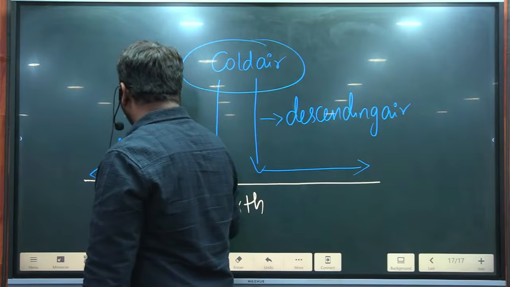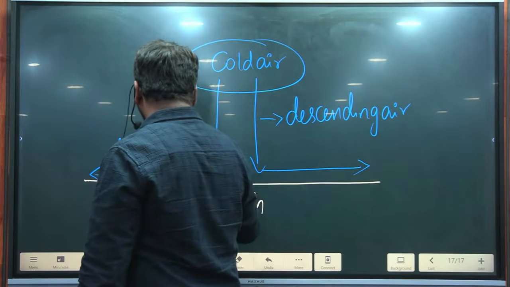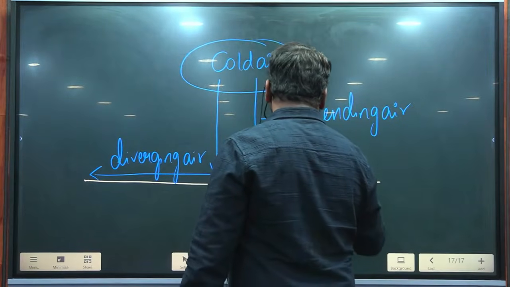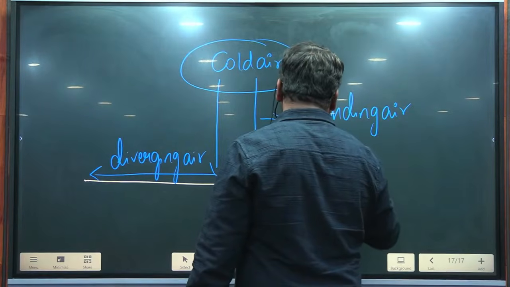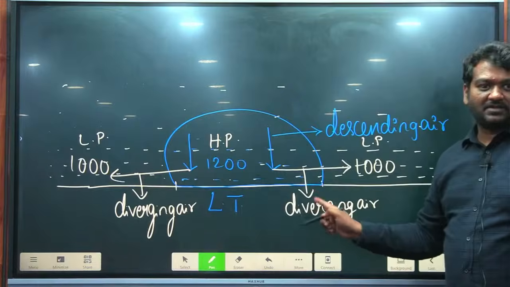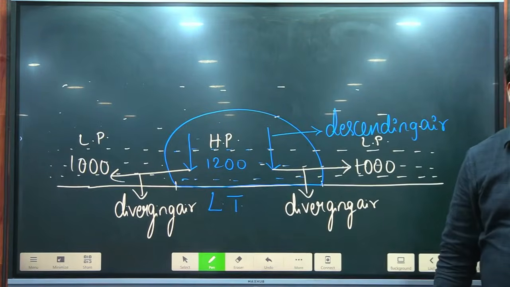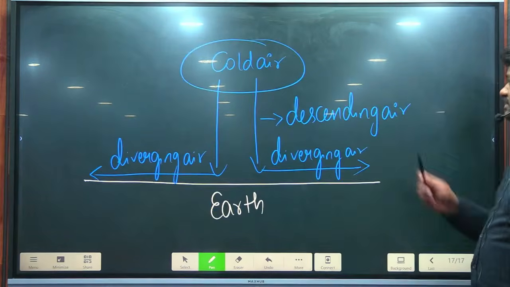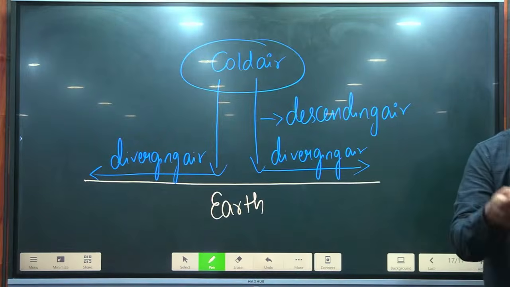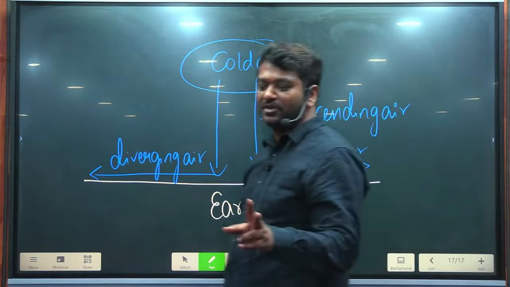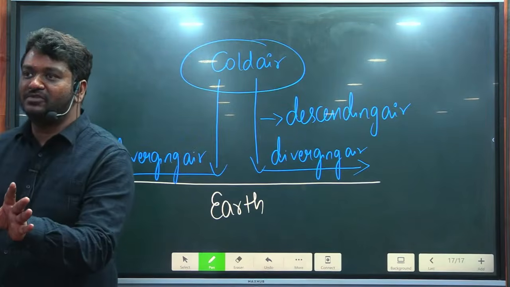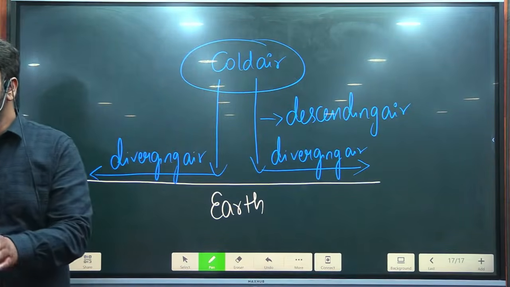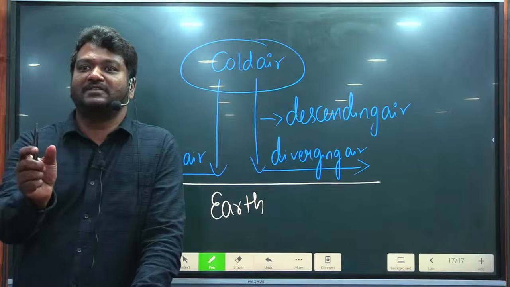Now, can I say this is coming down irrespective of Earth's surface temperature? Earlier it was coming down because of Earth's surface temperature. Can I call this thermally induced high pressure? What is it called? Thermally induced. Then what is this called? Dynamically induced high pressure. What are the two types of high pressures and two types of low pressures? Thermally induced low pressure, thermally induced high pressure. Dynamically induced high pressure, dynamically induced low pressure. As simple as that, correct?